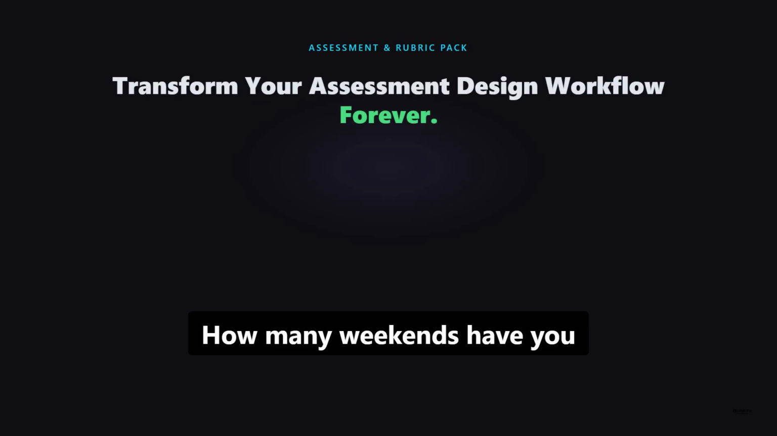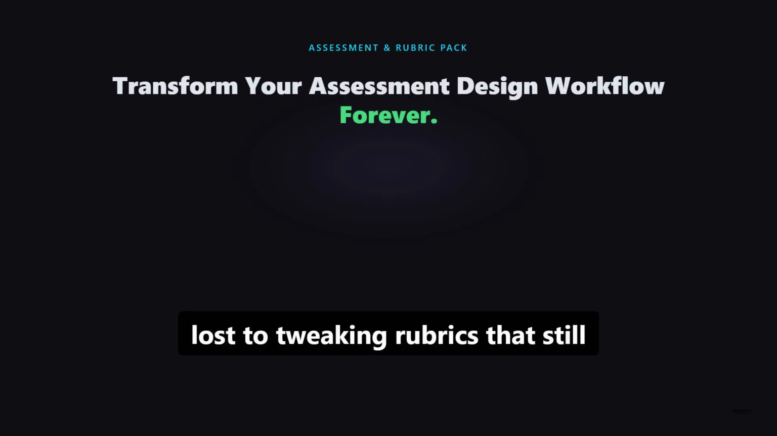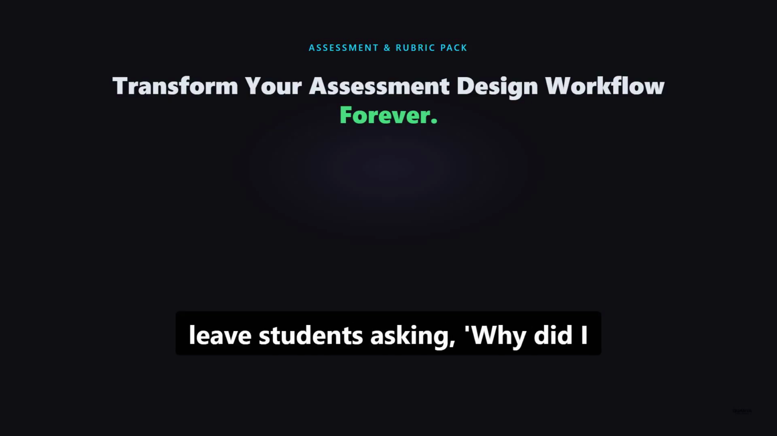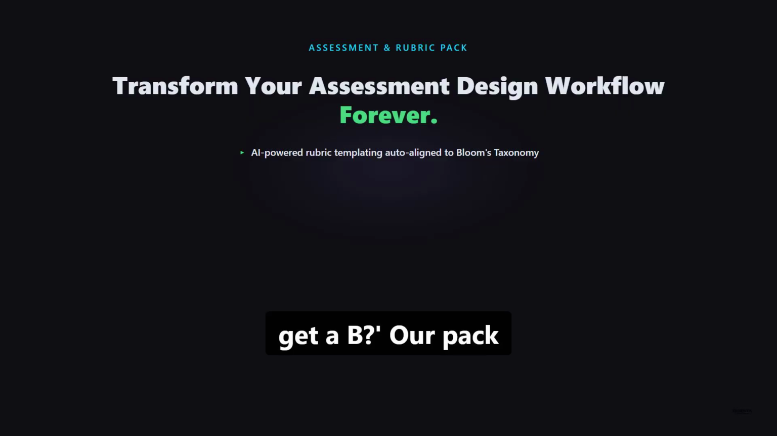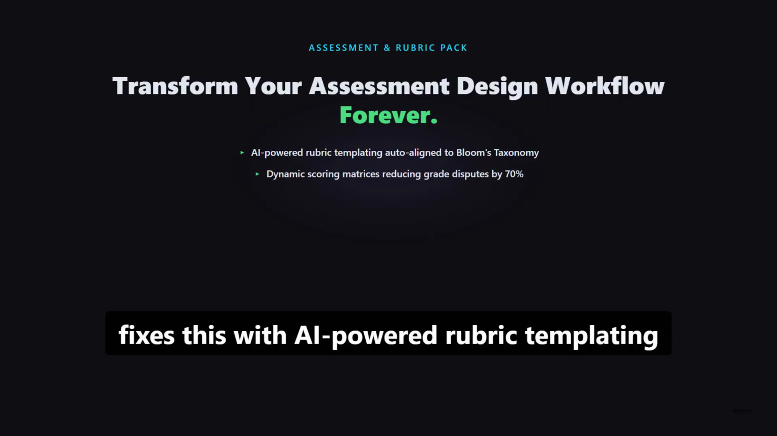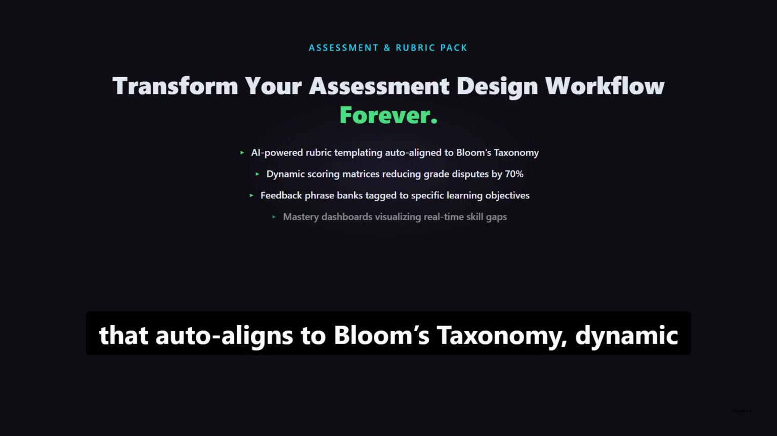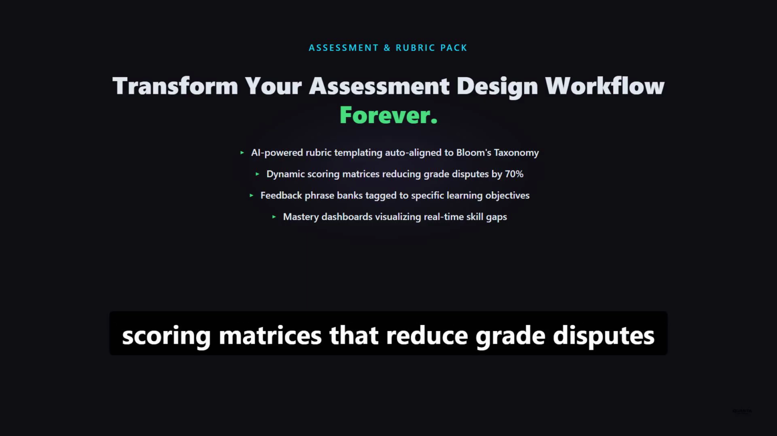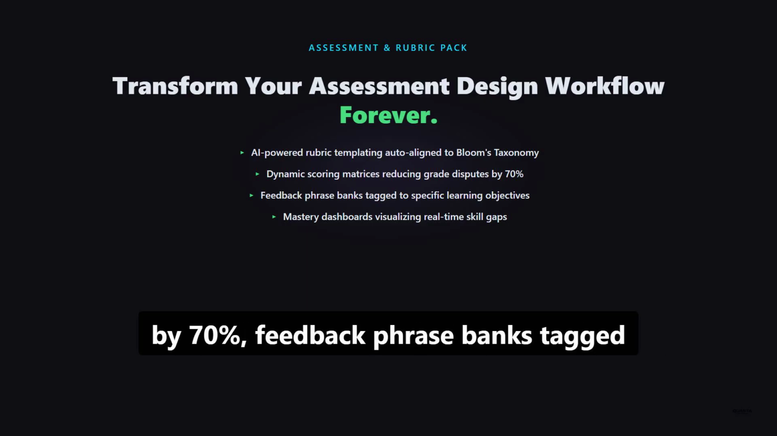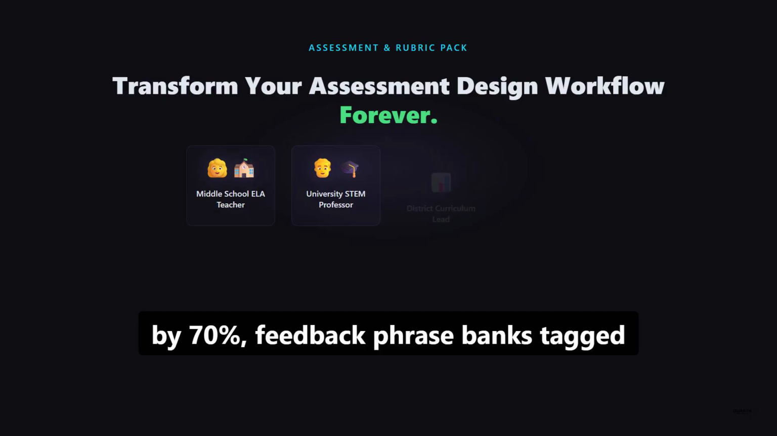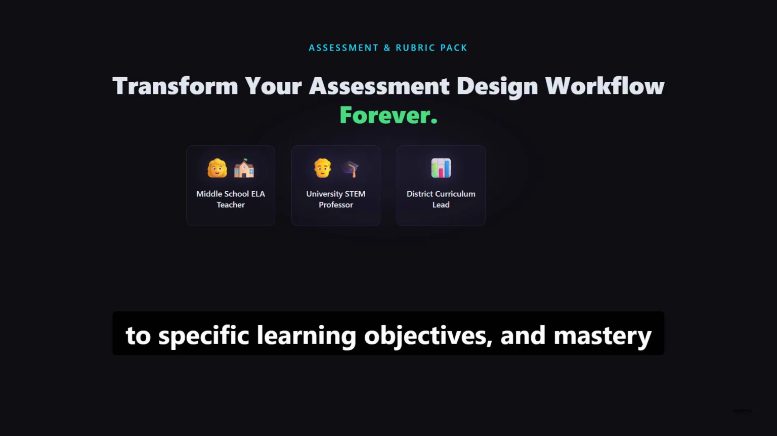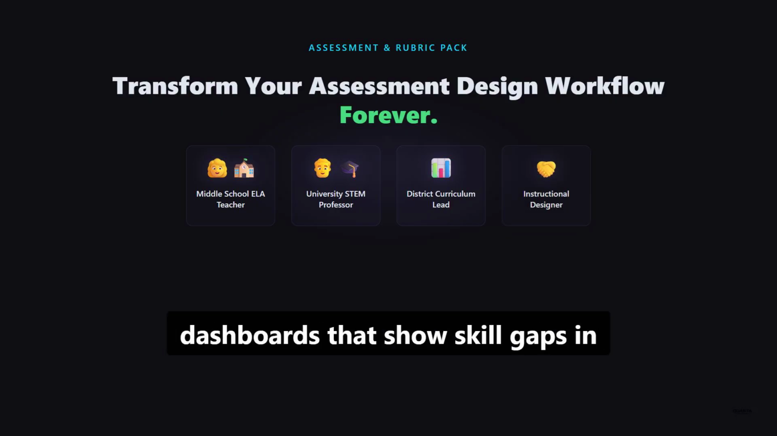How many weekends have you lost to tweaking rubrics that still leave students asking, why did I get a B? Our pack fixes this with AI-powered rubric templating that auto-aligns to Bloom's taxonomy, dynamic scoring matrices that reduce grade disputes by 70%, feedback phrase banks tagged to specific learning objectives, and mastery dashboards that show skill gaps in